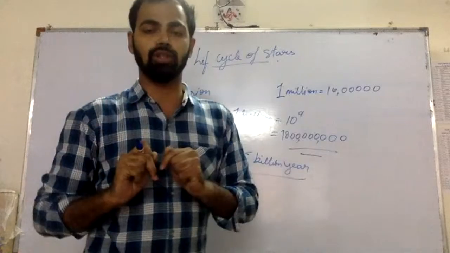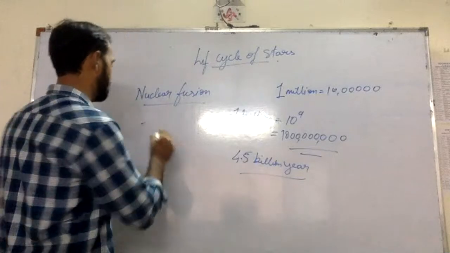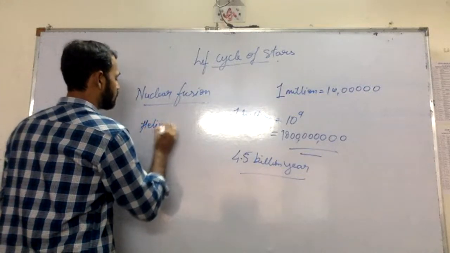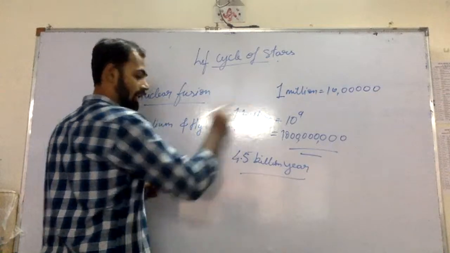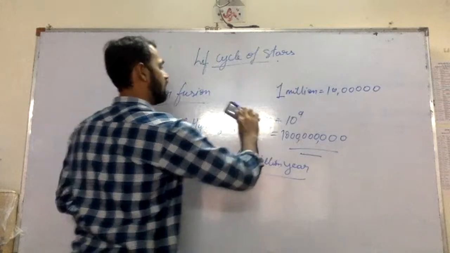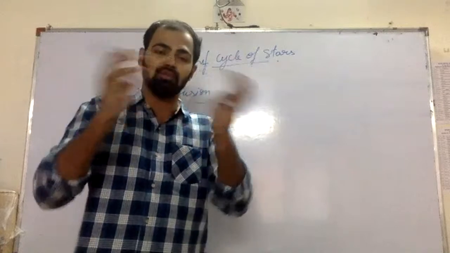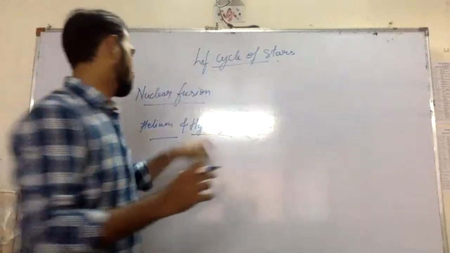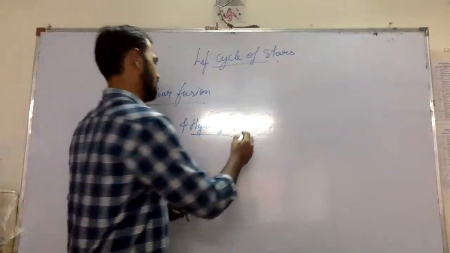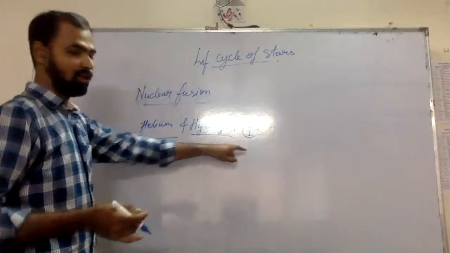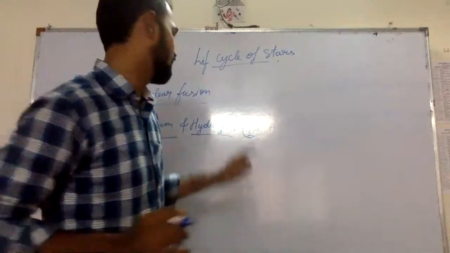Let us consider our own star, our dear sun. The sun has generally two main fuels, that is hydrogen and helium. Fusion means to fuse, to combine two or more things together to form one. So here we have hydrogen and helium. You know what this is? This is number one, hydrogen. In our periodic table, this is number two, helium. Atomic number one, atomic number two. So you have to understand how it works.